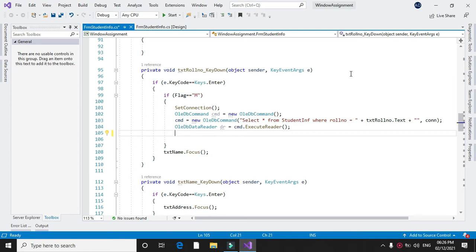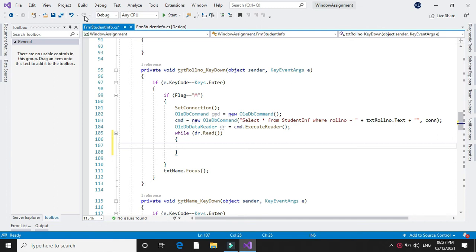Now we will display the data from data reader to our text box. We will use while loop for displaying the data. So while dr.read, we will read the data from the data reader and we will assign it to the text box.